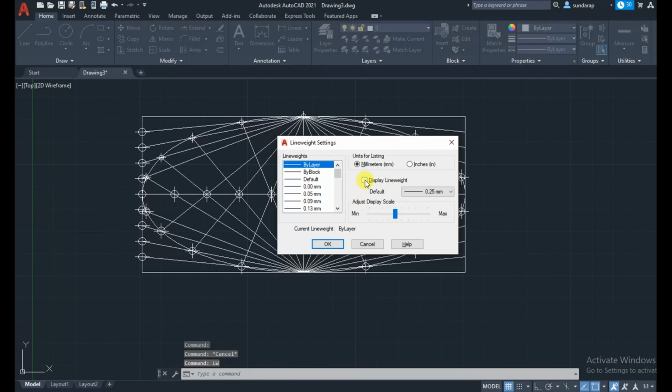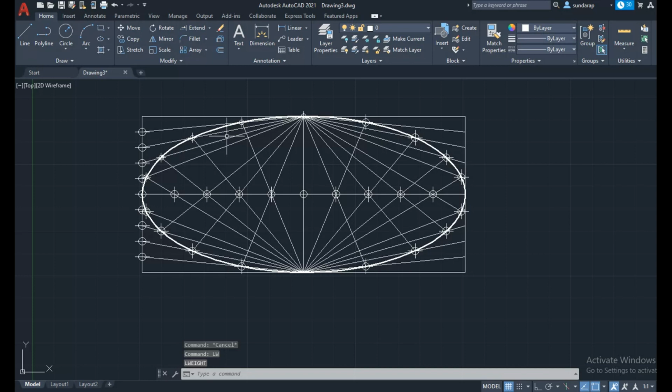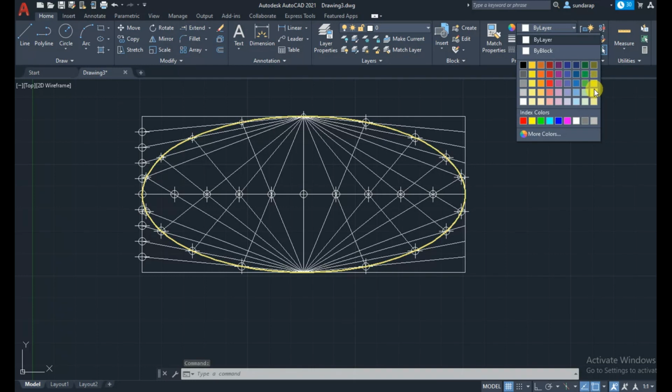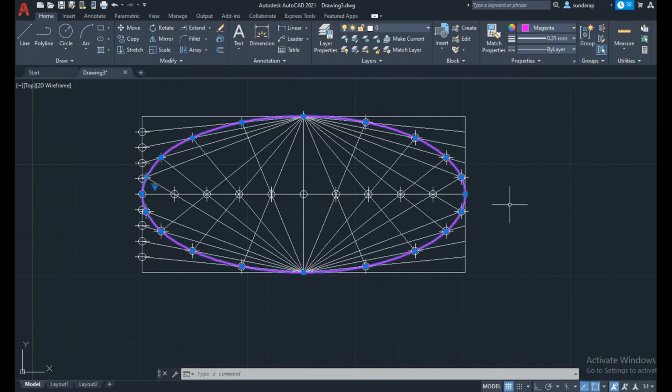Here enable the display line weight, so that the layer line weight is applied. Then if you want, choose a color, any color, to differentiate the ellipse.